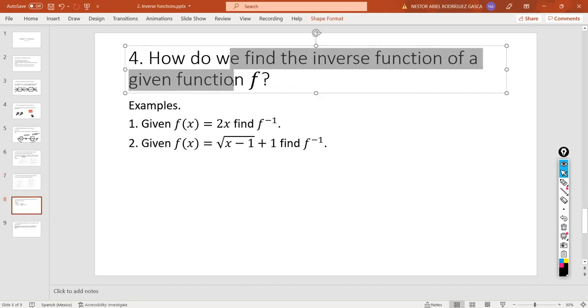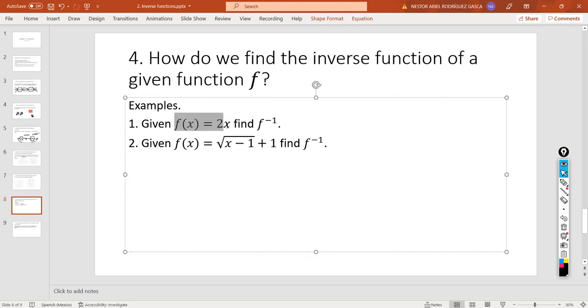How do we find the inverse function of a given function f? If I give you, given f of x equals 2x, find f inverse. All you need to do is basically the following. Just to remind you very quickly, this is the function. What I want you to do is change the output for y. I mean, you can do the whole process with f of x, but it's much simpler if you change it for y. Then isolate the x, isolate the input variable,